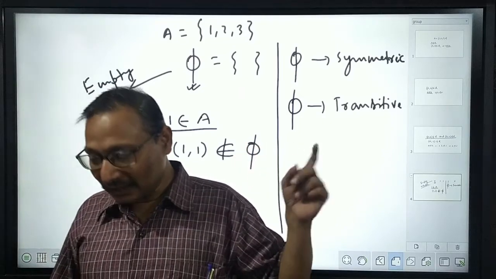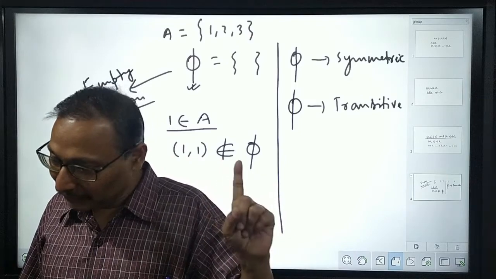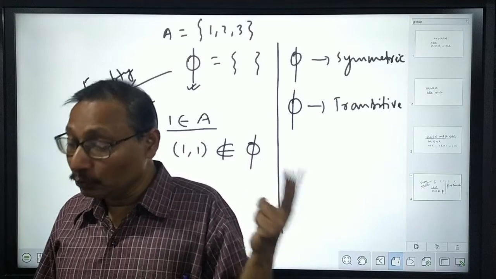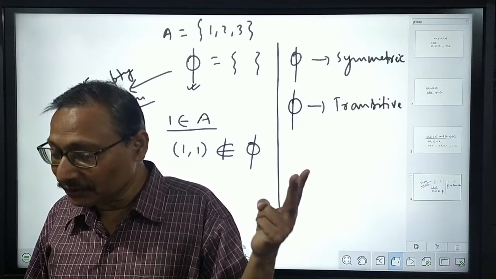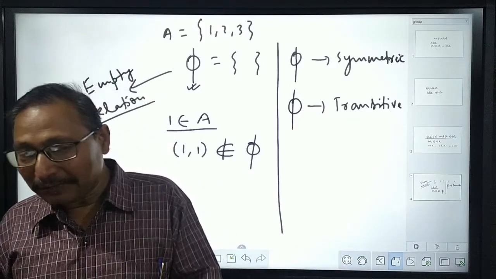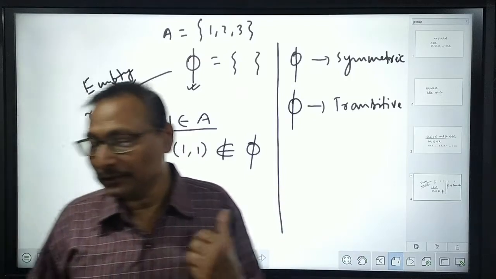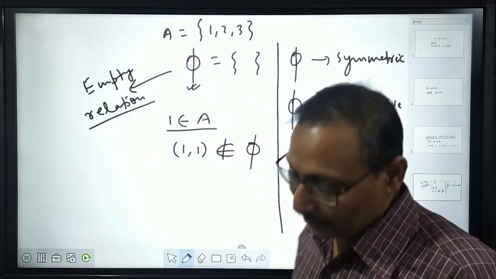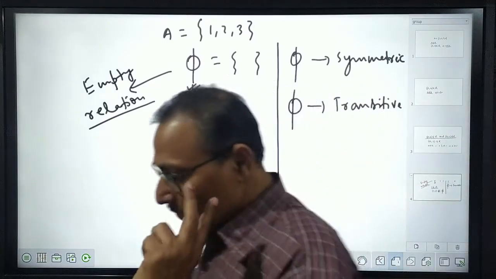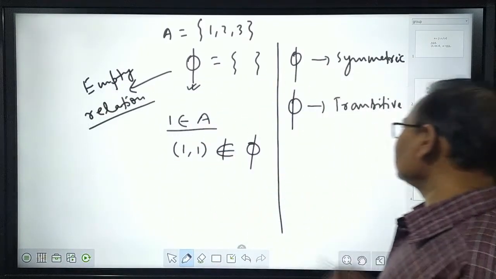So we directly said that this is symmetric because we could not pick one element from the given relation, and now we are supposed to pick two pairs, two elements from the given relation. How can we do? We cannot do. That means there is lack of information. If there is lack of information, then we will say this is transitive. Mind it, if there is a lack of information, the relation is symmetric and transitive both. So this is transitive also.